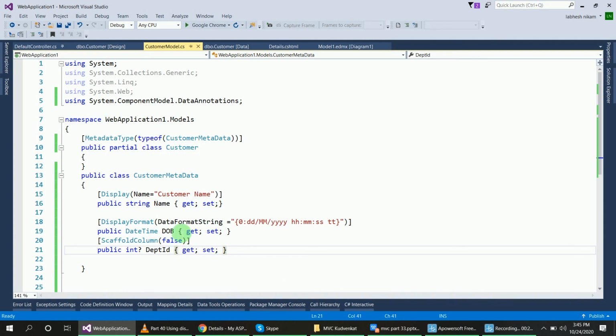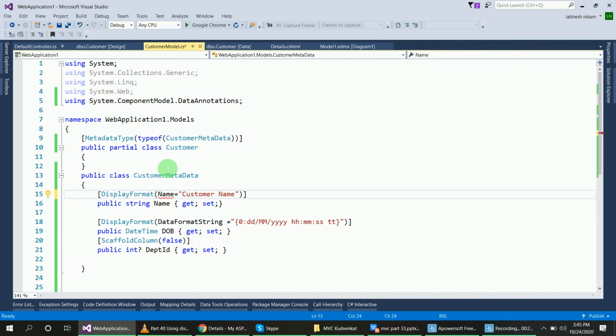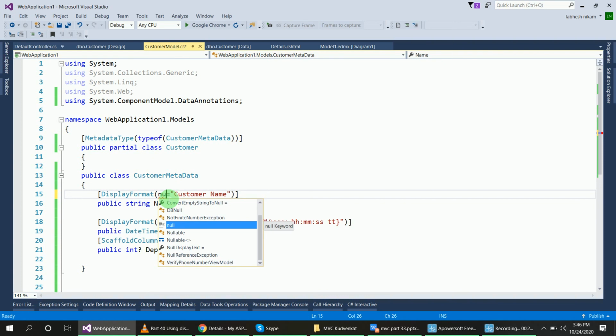Okay, for that here I will use display format, and null display text.